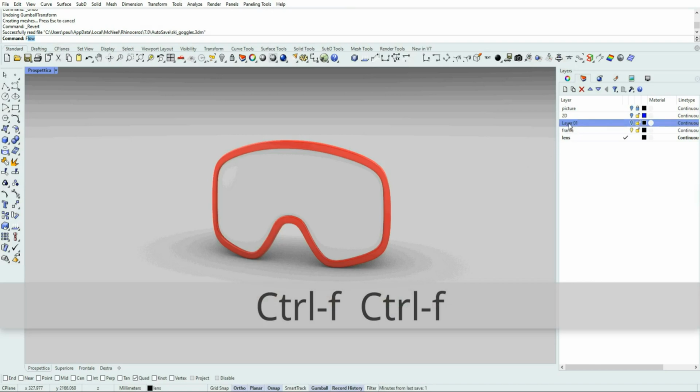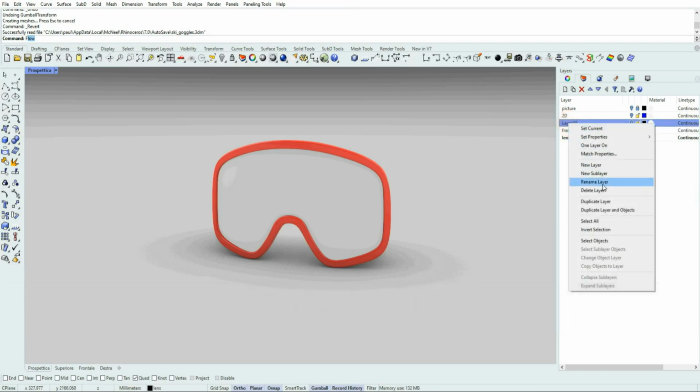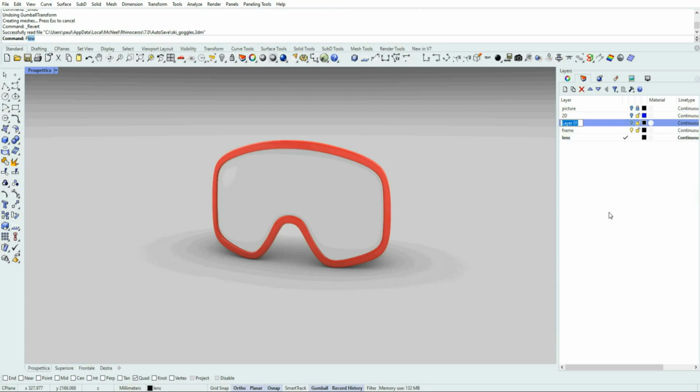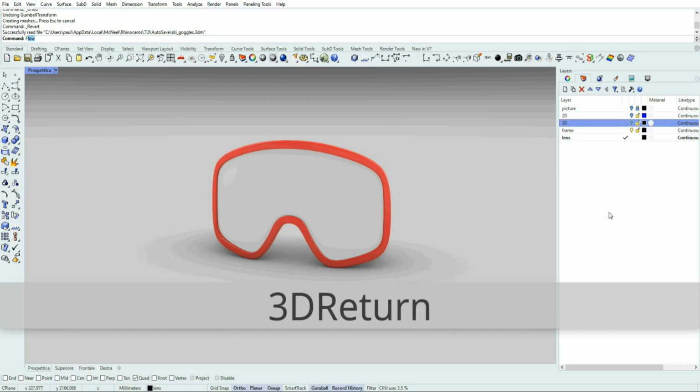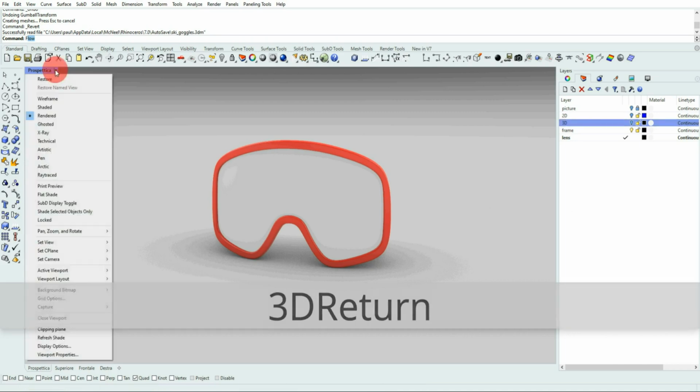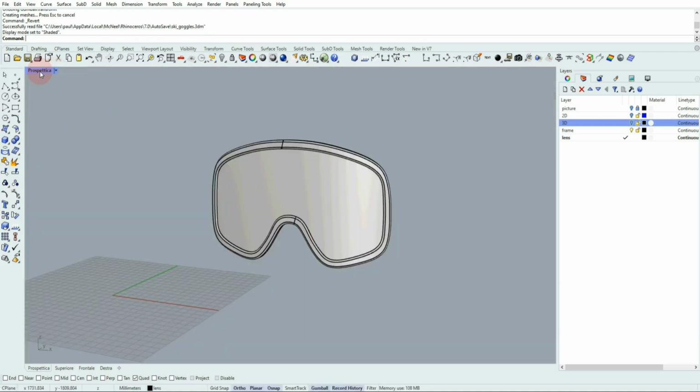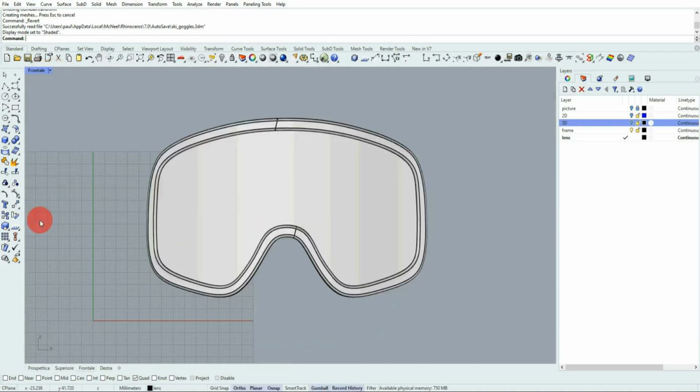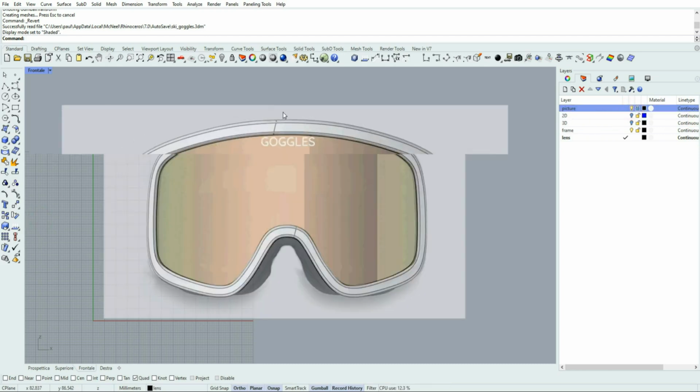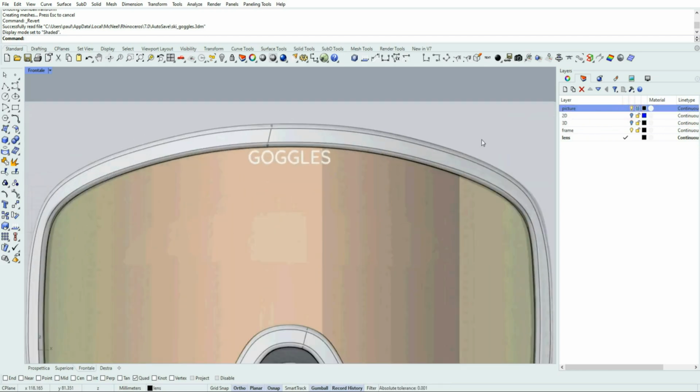Okay, last part of this tutorial is how can we create the text. So I create a new layer. First I rename the previous layer to 3D. Now it's working. As you can see, we missed this part.